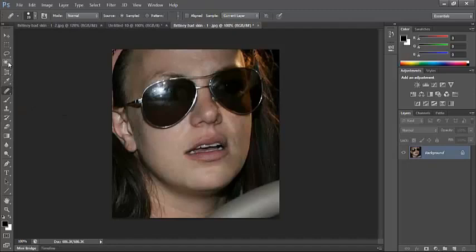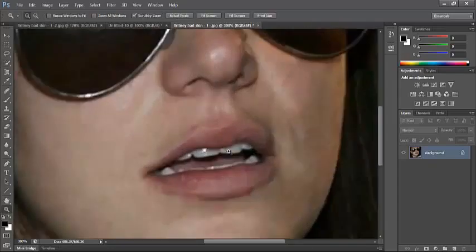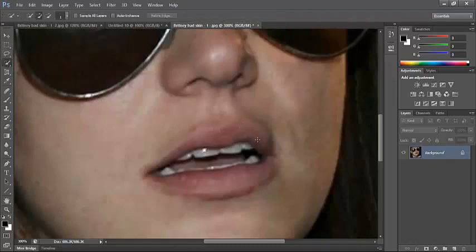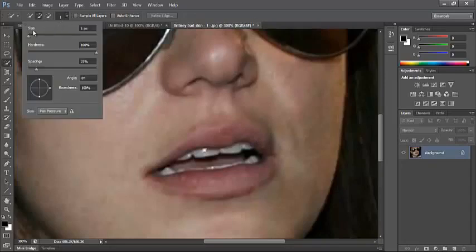So the first thing we do is select over here, so it's the 1, 2, 3, fourth one down, and click on the quick selection tool. This one may already automatically be there for you, but make sure that the quick selection tool has been selected. And what we're going to do is zoom in to the picture and then click on the tool again. Now all we need to do is increase the brush size, so let's just make it maybe 20,